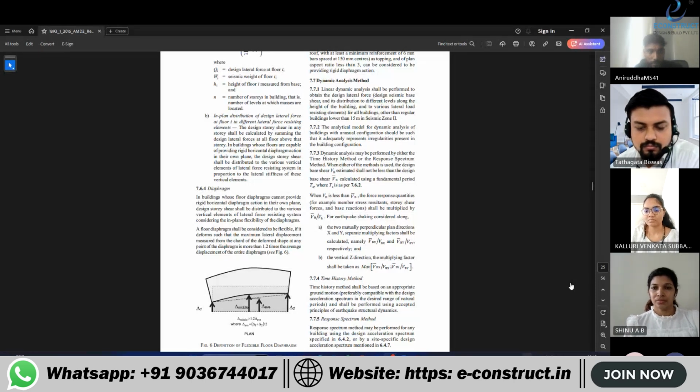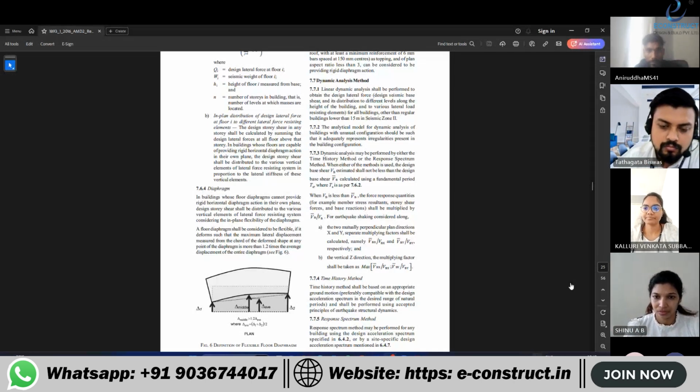When either method is used, the design base shear VB, estimated, shall not be less than the design base shear VB bar calculated using the fundamental time period Ta. When VB is less than VB bar, the force response quantities, for example the member stress resultants, story shear forces, and base reactions, shall be multiplied by VB bar by VB